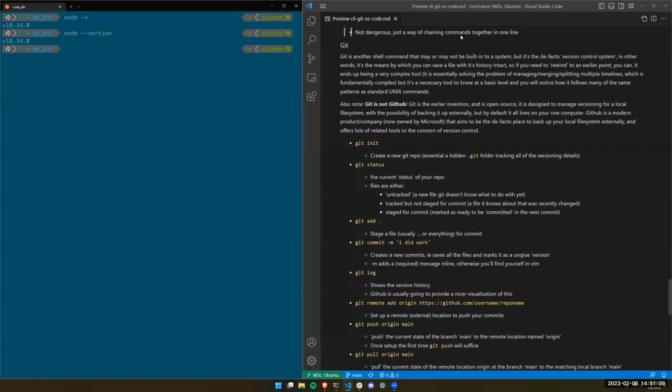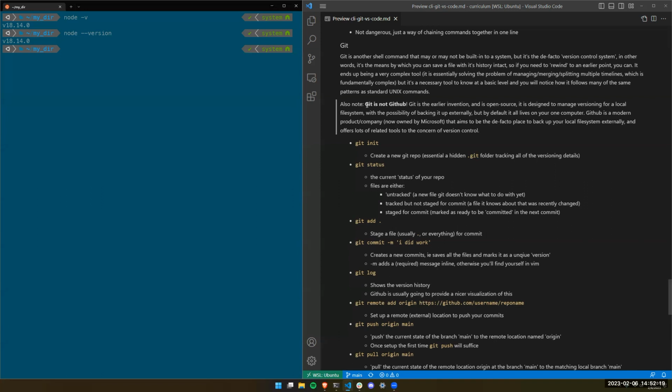But okay, before we get into it, a point to note is that Git is not GitHub. So what is Git and what is GitHub? Well, Git is a command line tool that was invented in the 90s by the same guy that invented Linux. He's sort of a savant in the sense that he made all these things that were very forward thinking about the internet well before they were really necessary. And Git is designed so that many programmers working all across the world can collaborate in a way that they're not constantly stepping on each other's toes, and there's a single source of truth.